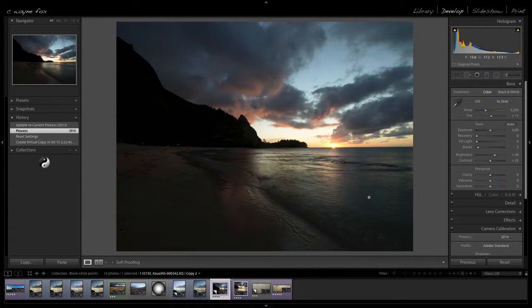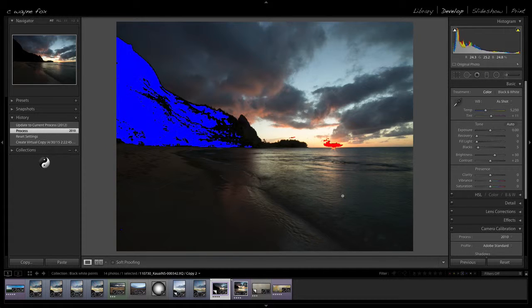So here's another image that pushes the dynamic range quite a bit, and you'll notice how underexposed most of it looks so that I can prevent clipping here in the actual sun. And in fact, it doesn't look like there's much clipping here. But here again, we're in the 2010 process, and if we hit our J key to show clipping, we see